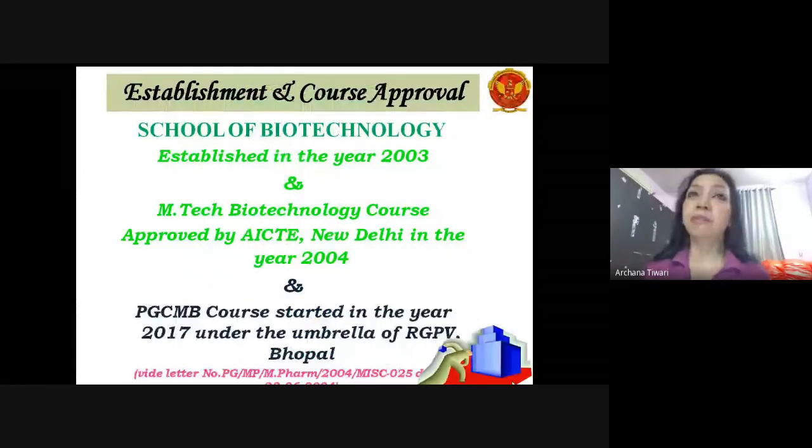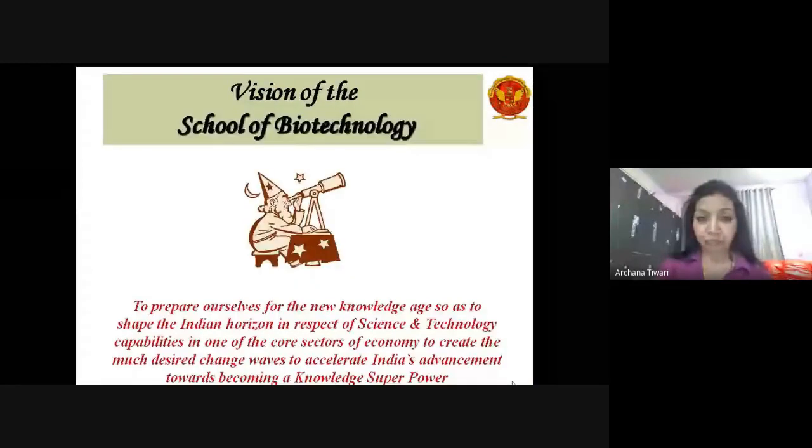This School of Biotechnology was established in the year 2003, and the course MTech Biotechnology was approved by AICTE New Delhi in the year 2004. The second course the School of Biotechnology is running is PGCMB, the postgraduate certificate program in medical biotechnology, that was started in the year 2017 under the umbrella of RGPV Bhopal, with